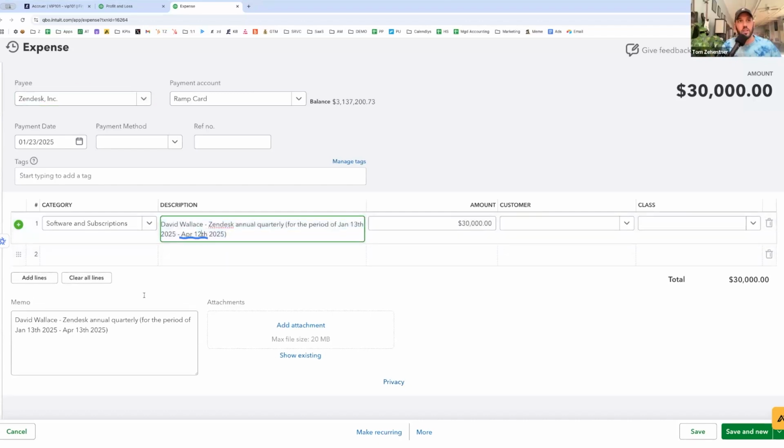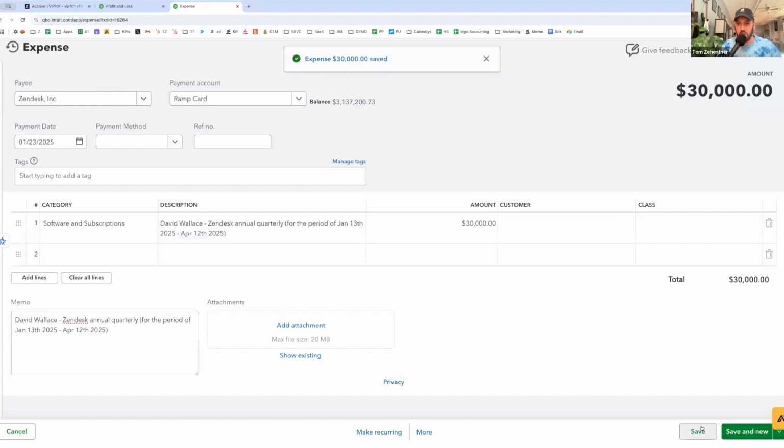But Accruer does have a nice little feature. If I just edit this and resave it, in 20 seconds it's going to go through, recalculate, and edit those journal entries. And it'll show you the audit history of those edits so you can see the full traceability into that accrual's life cycle.